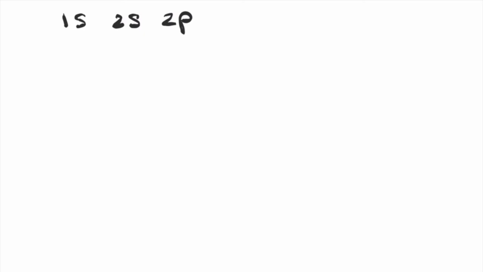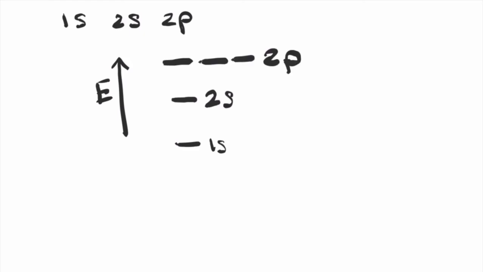So let's map these orbitals relative to their energy. First, we have the 1s orbital, followed by the 2s orbital, then the 2p orbitals. Remember, there are three p orbitals, and they are all equal in energy to each other. For hydrogen with only one electron, we can see that its one electron resides in the 1s orbital. We can signify one electron with a single arrow. Now remember, technically, these orbitals were solved for the simple case of the hydrogen atom. We can, however, extrapolate and apply it to all other atoms, simply knowing how many electrons each has.